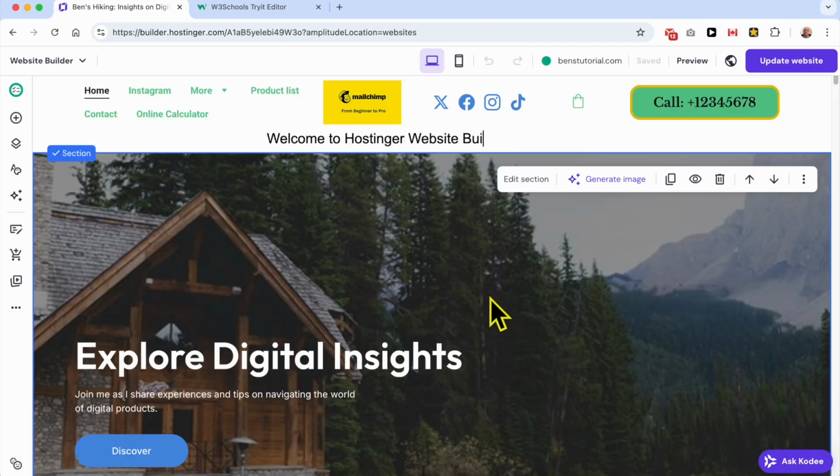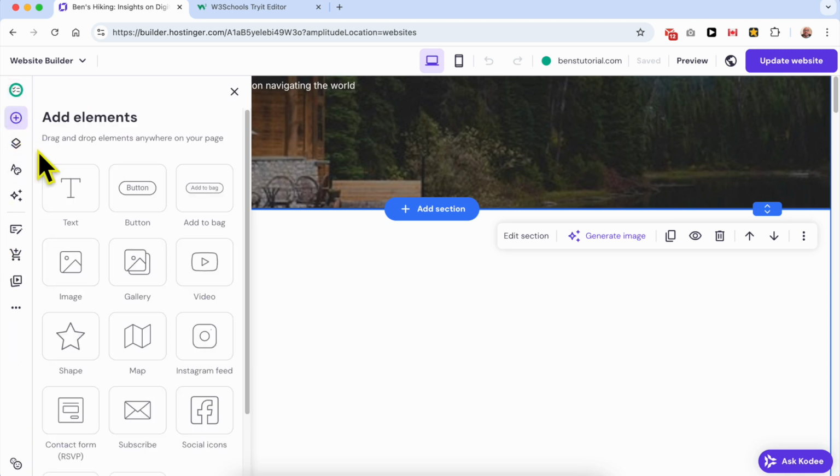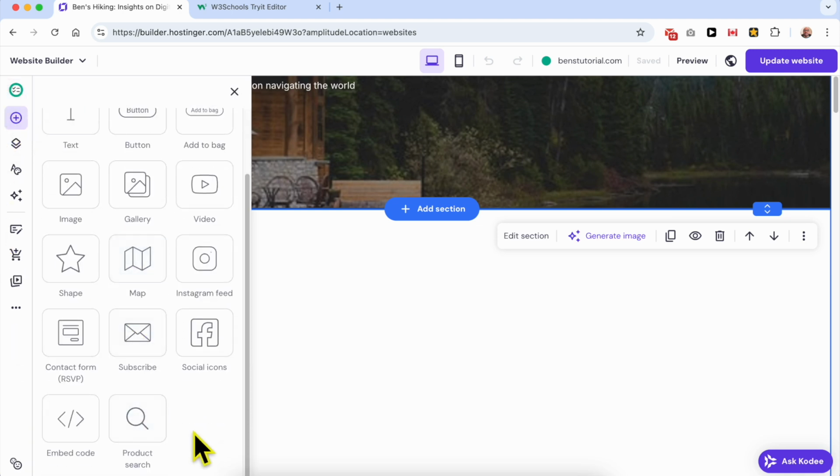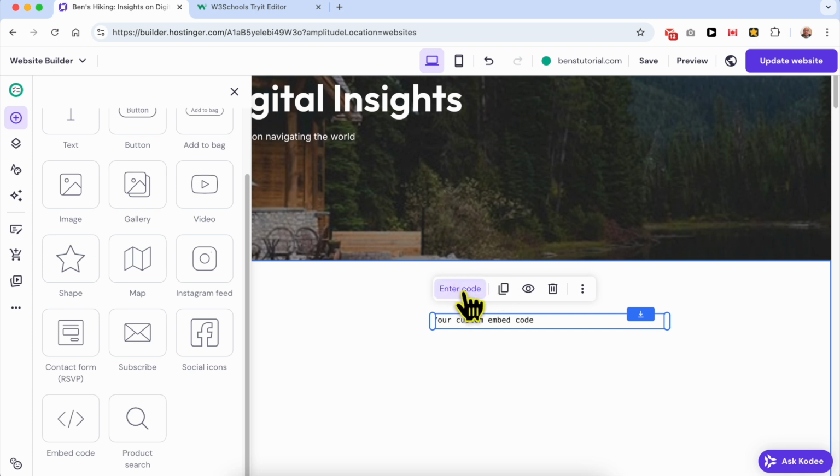This is my website in Hostinger website builder, and let's say that I want to add my quiz in this blank section. All I need to do is to click on add element from this left sidebar and scroll down to the bottom and drag and drop this element called embed code. Just like that. Now hit this enter code button,